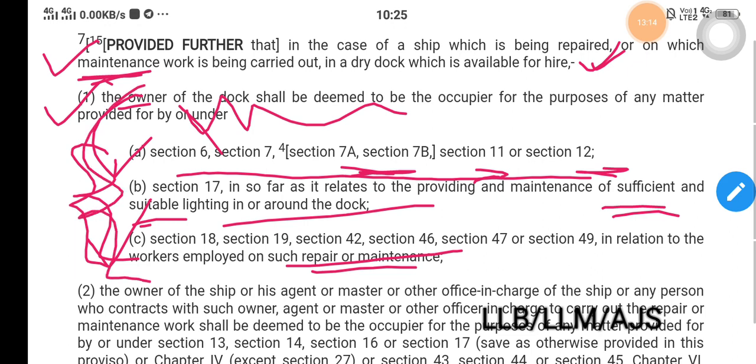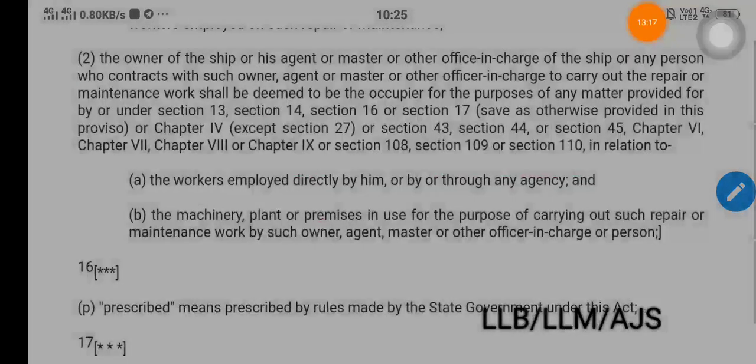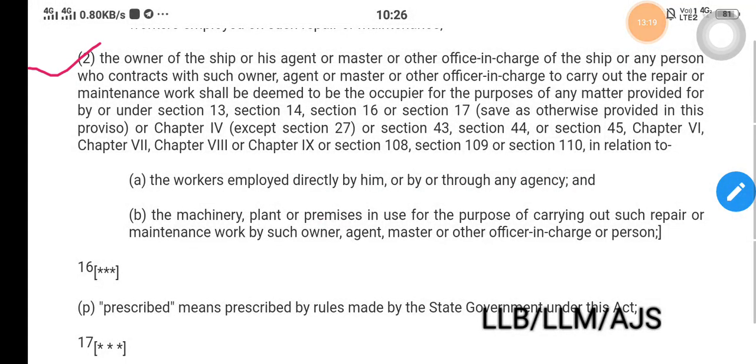Then comes subsection 2. The owner of the ship, or the agent of the owner or master or other officer in charge of the ship, or any person who contracts with such owner, agent or master or other officer in charge to carry out the repair or maintenance work shall be deemed to be the occupier for the purpose of any matter provided for by or under sections 13, 14, 16, 17, save as otherwise provided in this provision, or chapter 4 except section 27 or section 43,